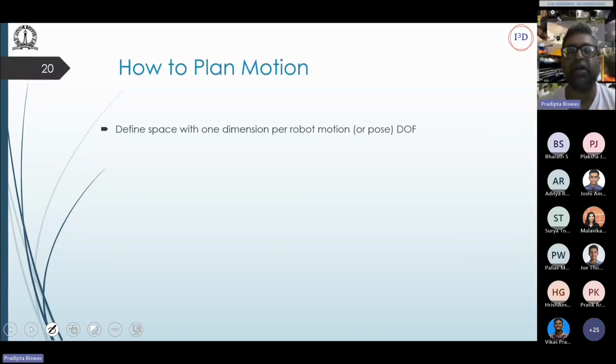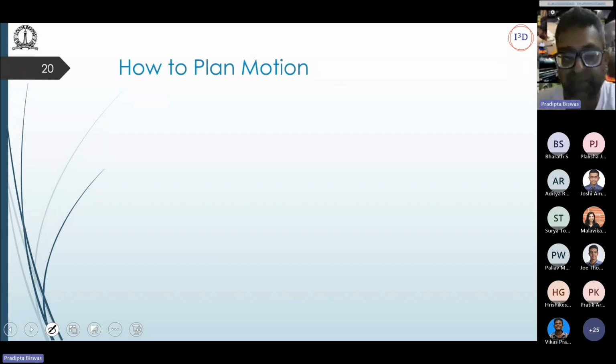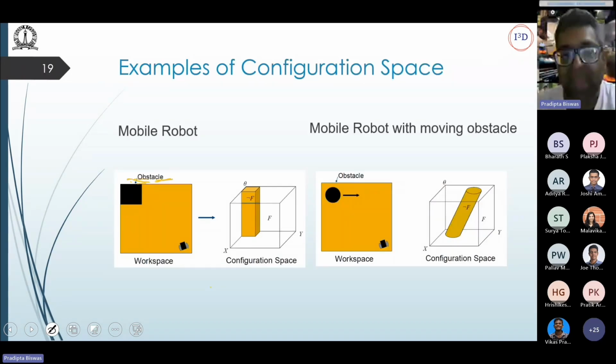So how do we plan motion in configuration space? In the discrete space, we have all these BFS, DFS, A-star algorithms. We can also use similar algorithms in configuration space. What we can do is first define the configuration space, as you saw in the previous slide. And now this configuration space we can discretize and use our discrete space algorithms. So when we discuss the algorithms in the discrete space,